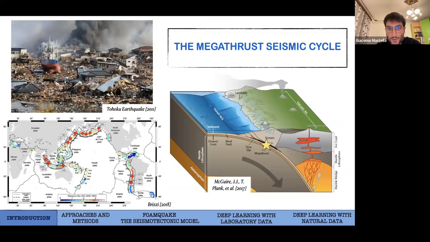So let's start by defining what the megathrust is. As you probably already know, the megathrust is defined as the frictional interface between overriding and subducting plate at convergent margins. Within the megathrust shear zones, mega earthquakes are generated, which are earthquakes with a magnitude higher than 8.5, one of the most devastating expressions of the Earth's dynamics. Unfortunately, due to the paucity of direct observations from the natural prototype, as well as the limited resolution and completeness of paleoseismic archives, there are still a lot of aspects of the megathrust seismic cycle that we don't know.